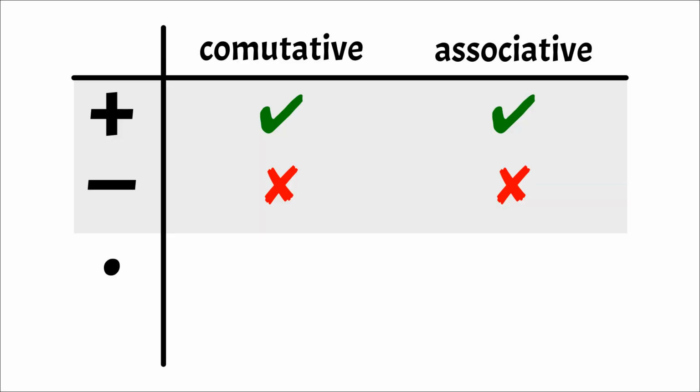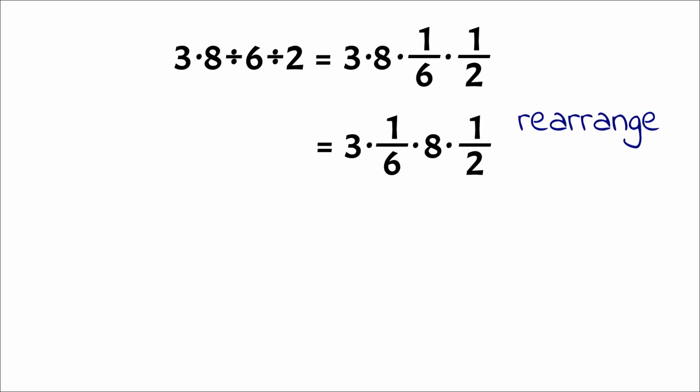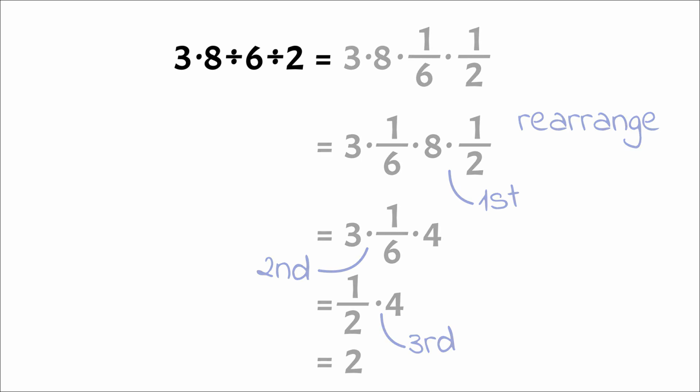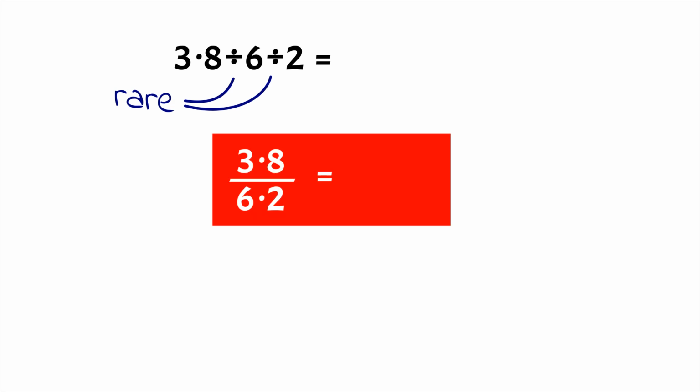Now multiplication, like addition, is commutative and associative, while division, like subtraction, is not. So by changing division to multiplication like so, we are freeing the expression so that we can rearrange the numbers and choose the order of operations. But chances are you don't need to convert divisions to multiplications because, well, divisions are rarely written like that. Instead, you may see divisions written like this, which is our third point.